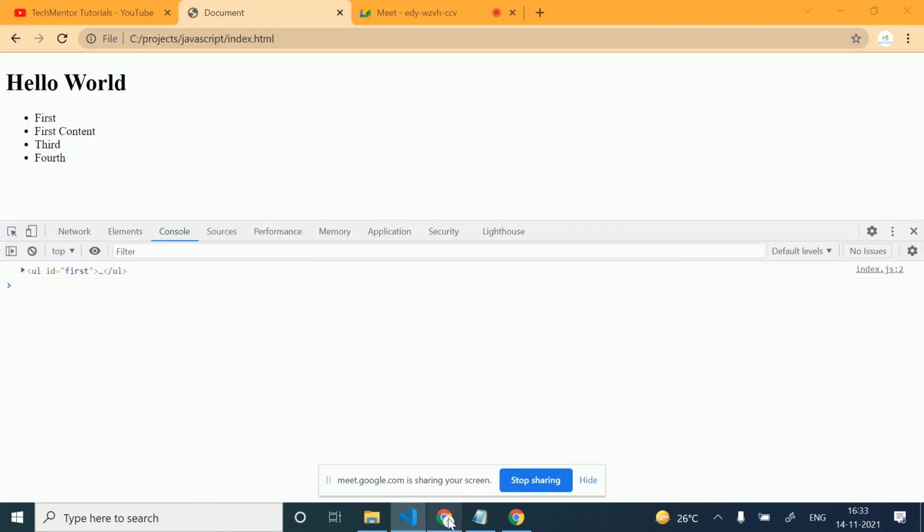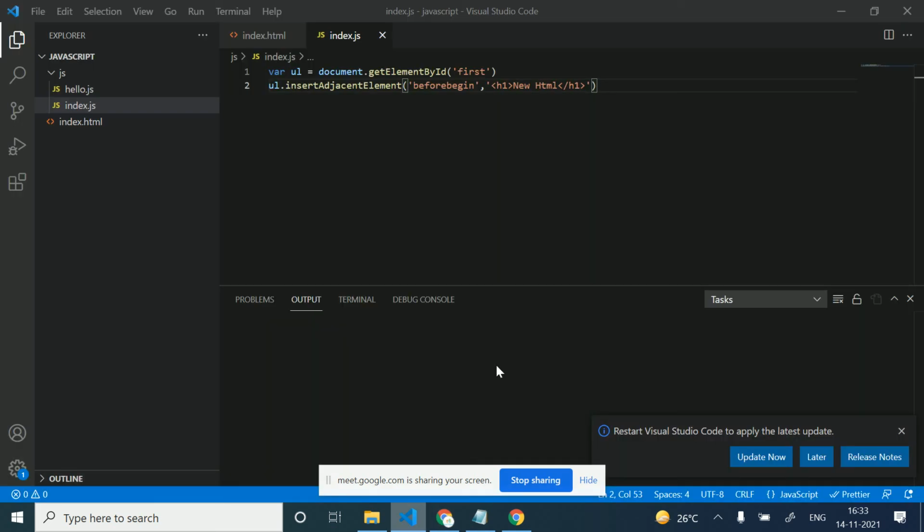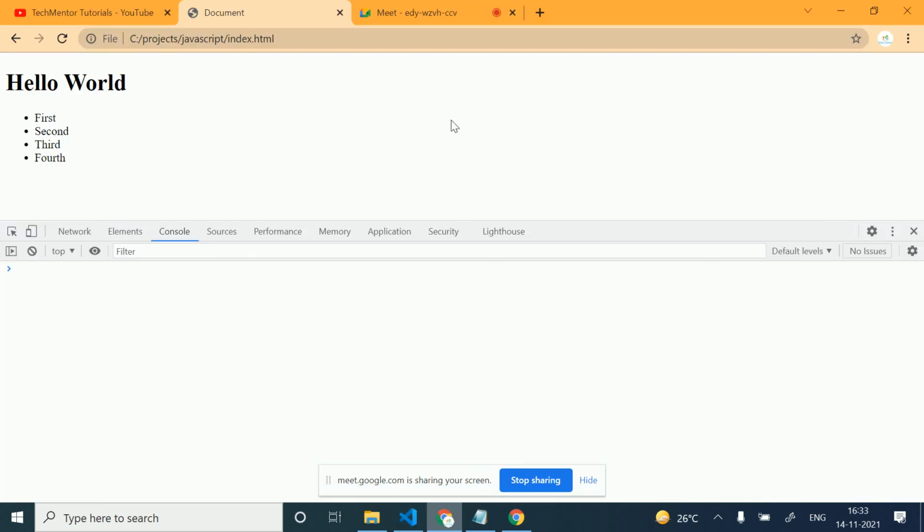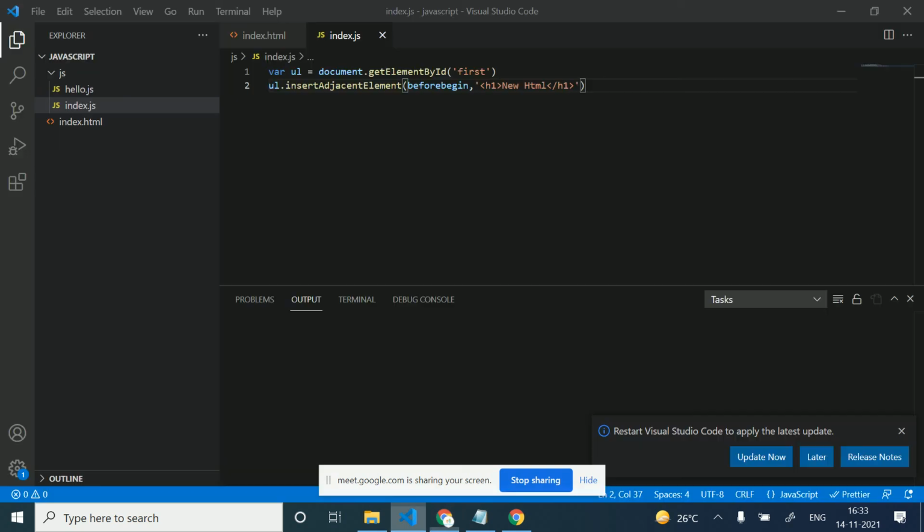So let's check this. Failed to execute: parameter 2 is not of type element. There is some mistake in this.